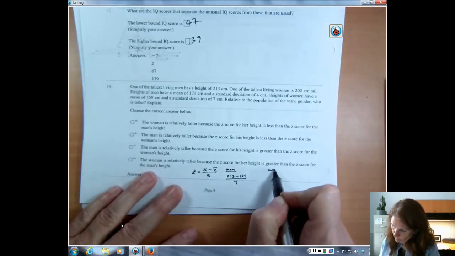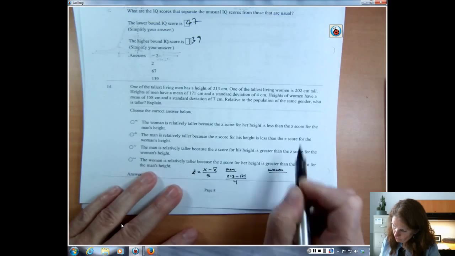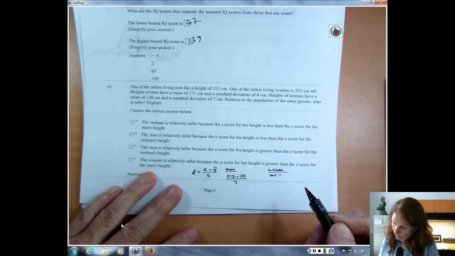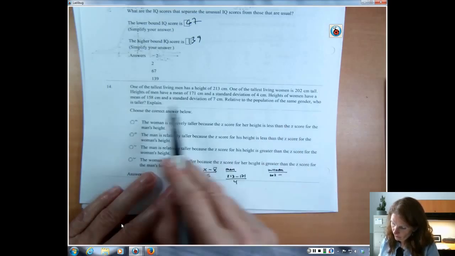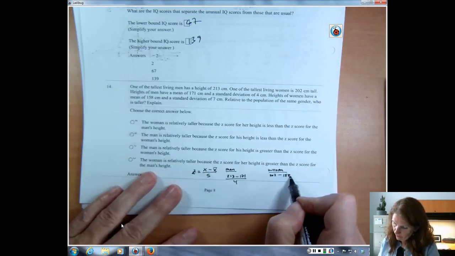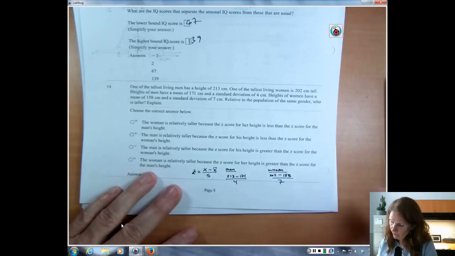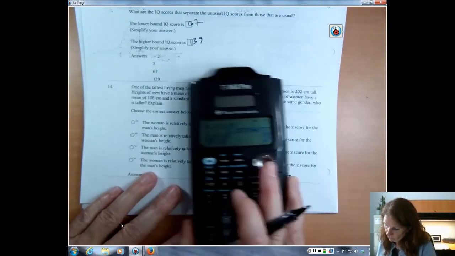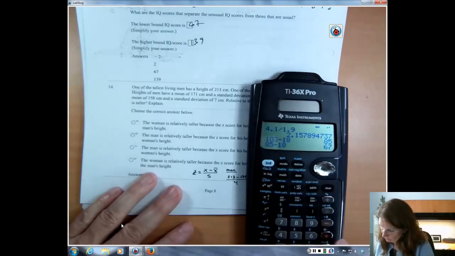And for the woman, she was 202 minus the average for women of 158 and divide by 7. And those two values are going to tell you what their z-scores are. And the taller person is the person who has the z-score